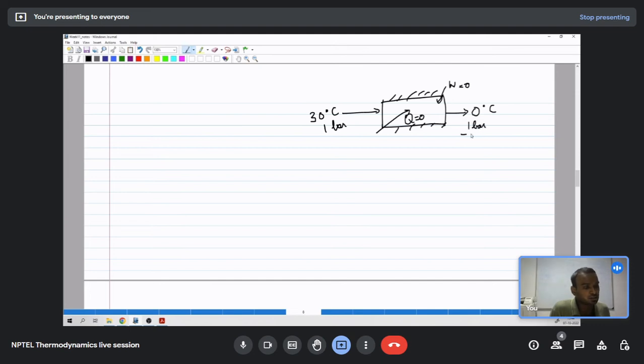We know that this is not possible because air cannot just like that change the temperature on its own. We have to have a refrigeration system and apply some work to the compressor where it undergoes that Carnot cycle, reverse Carnot cycle or refrigeration cycle, and only then we can reduce the temperature of the air. So this is one kind of a system,